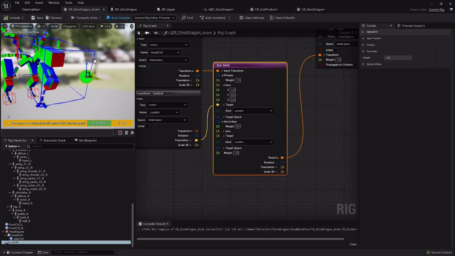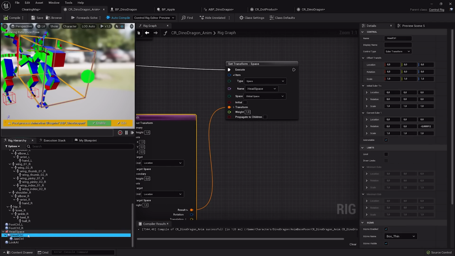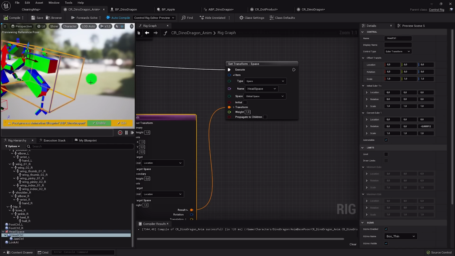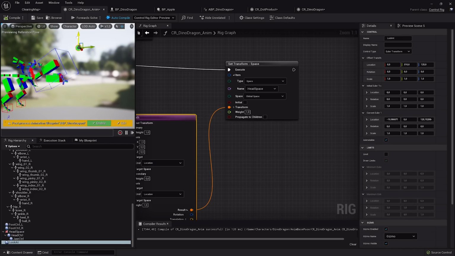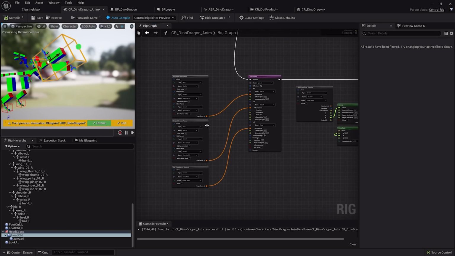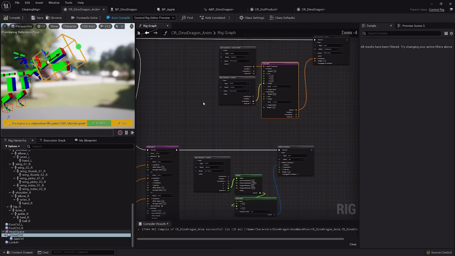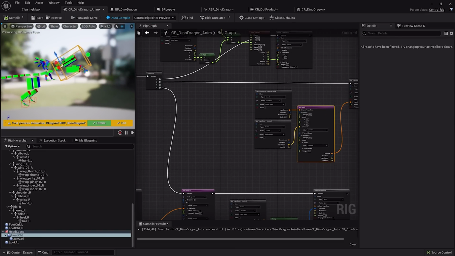We have a transform and we can use this. In this case, I'm not directly putting it onto the control, which you would expect, but onto a space. And the control is within the space, which gives me now the opportunity to animate on top. So I have now an aim, and I can do some adjustments, which now goes into the full body IK. That's it. So this is what we now need to do.